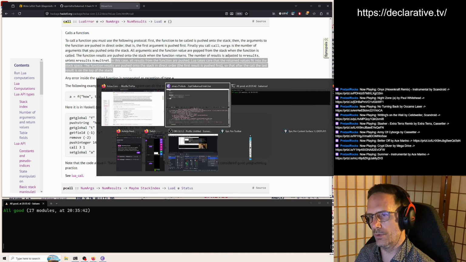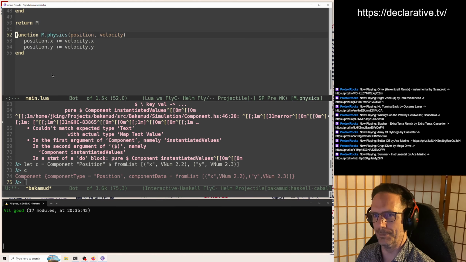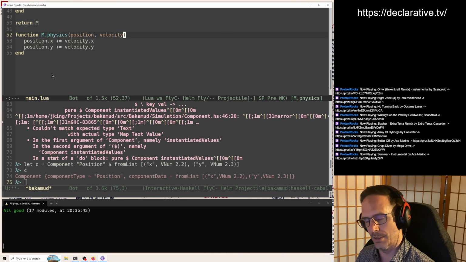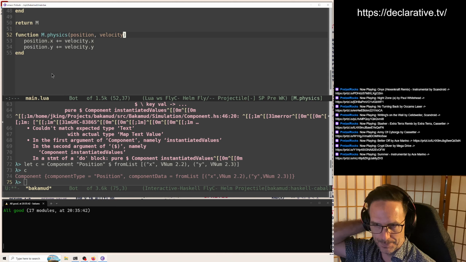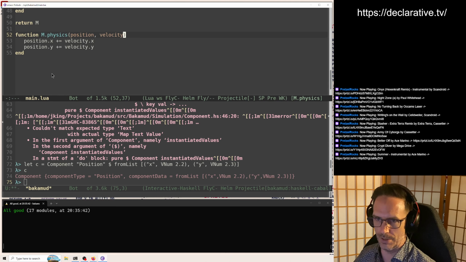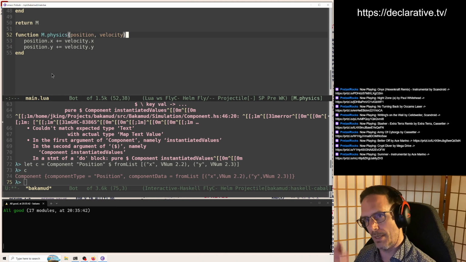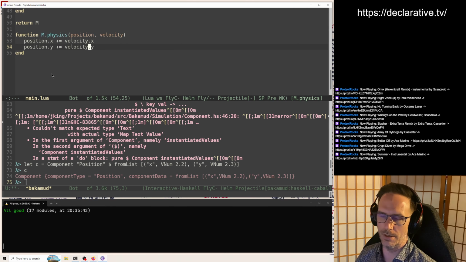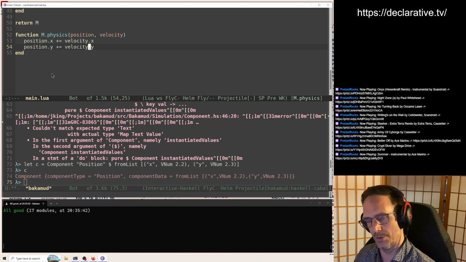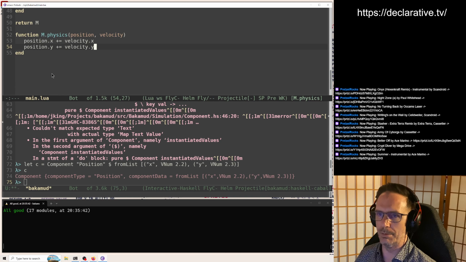Right. So going back to our example, that just means that when we call this on the Haskell side, we're going to be pushing the position component and the velocity component as we traverse over the queried set of things, calling the physics system on them. But it's going to pop those off the stack. So we have no way of really knowing that this mutation occurred once control returns back to Haskell again, unless we return